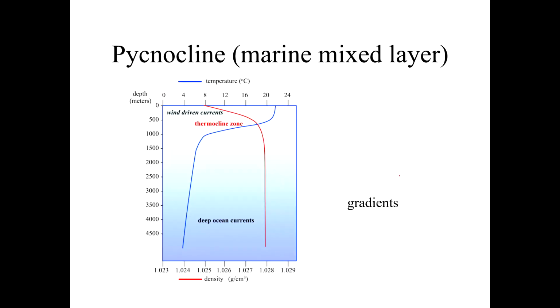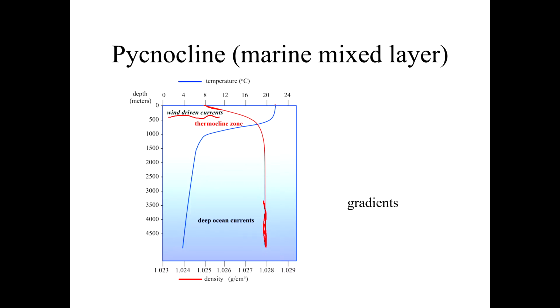Couple more quick examples. In the environment, we very frequently have gradients. Here's an example from the surface of the ocean. At the surface of the ocean, you tend to have wind-driven currents, and that causes a fair amount of mixing. And you also have some fresh water that comes in from the land all over the earth. And so the density in the red here is a little bit lower at the surface because you have some fresh water that's mixing in. But down here at the deep ocean, the density maxes out and then pretty much just stays constant with depth over a long period. And conversely, you've also got the temperature, which is in blue here.